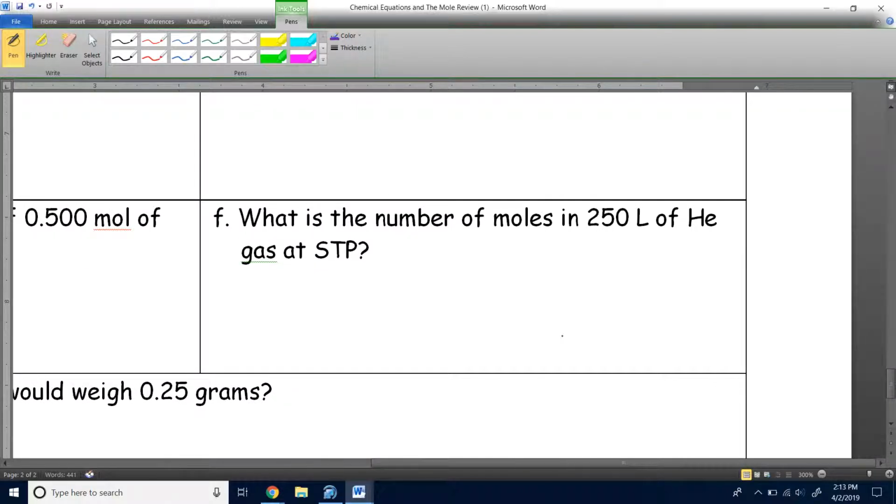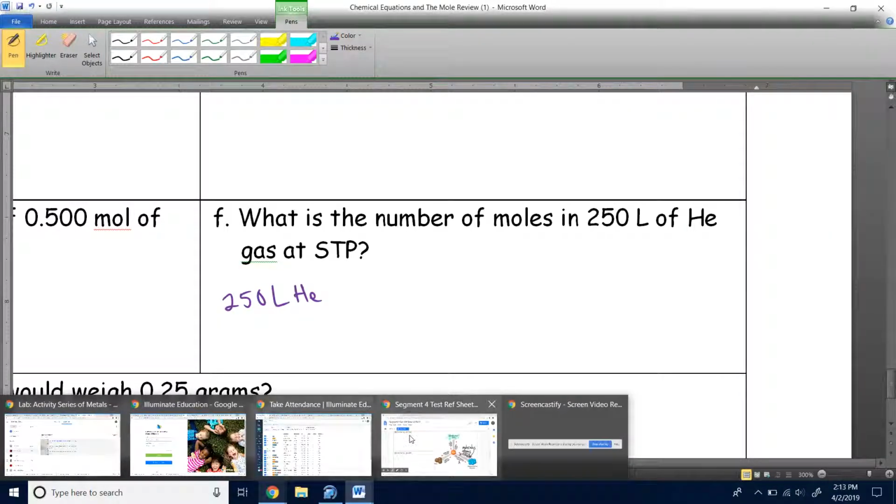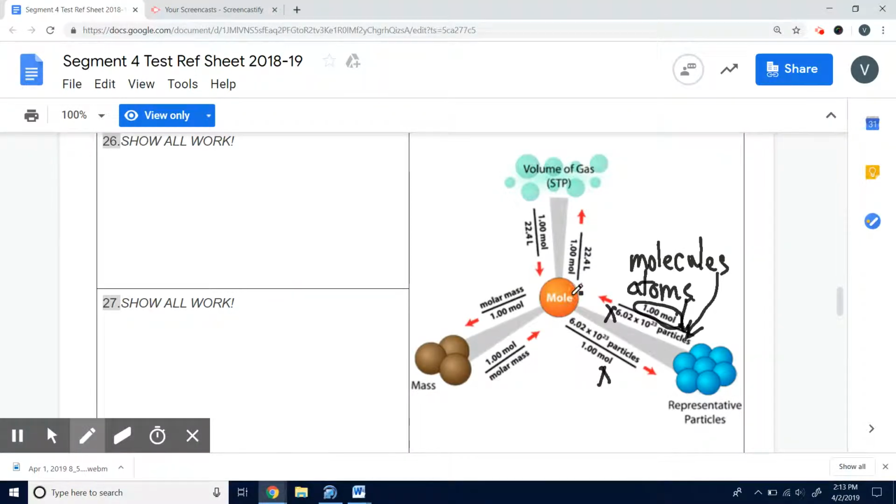Letter F, I'll go ahead and help you guys with this one real quick. So what is the number of moles in 250 liters of helium gas? So we start with 250 liters of helium. We're going to go back to our reference sheet. We want to go from liters to moles. So what conversion factor are we going to use? We're going to use this one,